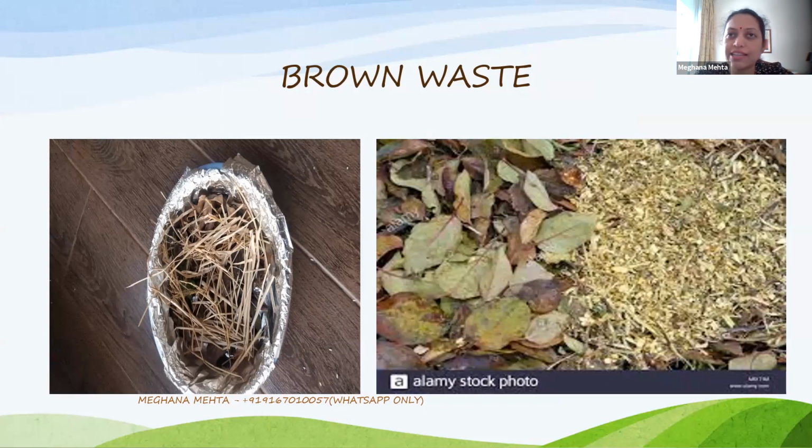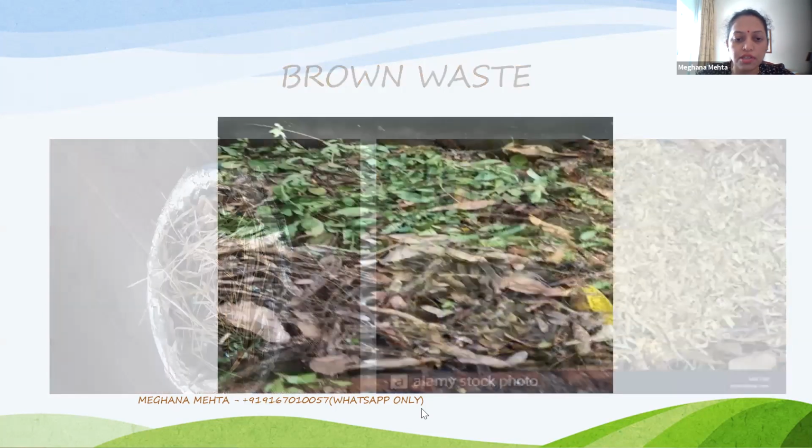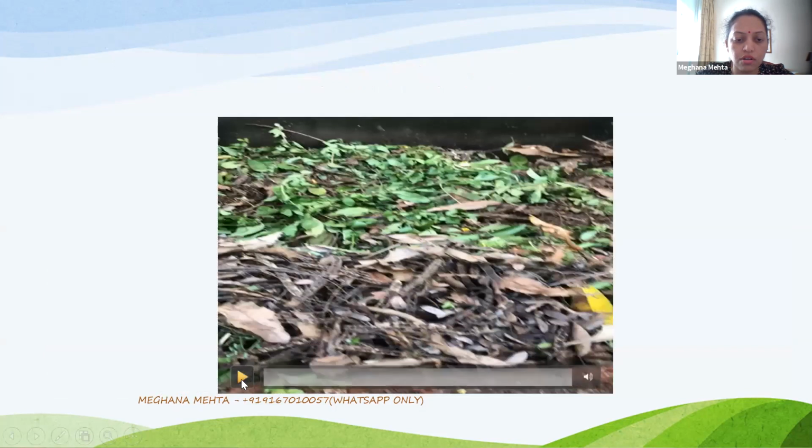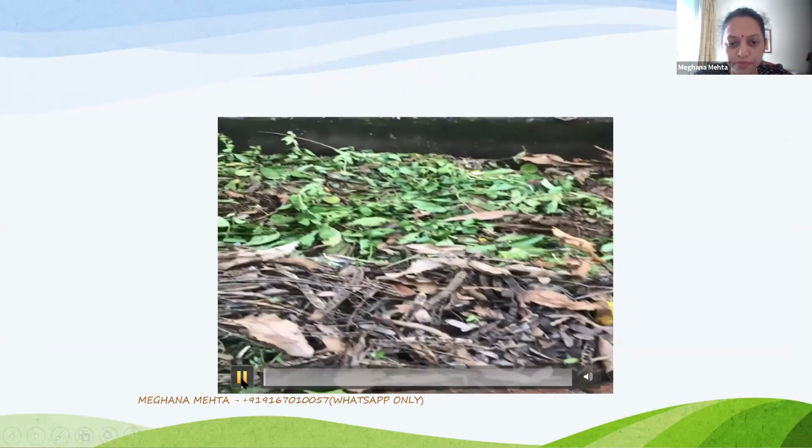Browns, we can generally get from a society compound or from the roads or from the gardens. We can also tell the municipal gardeners in and around our houses to provide us daily. We can give them a bag. I generally give a bag to them and they give me some browns. So this is the BMC garden opposite my house, where I get my browns.